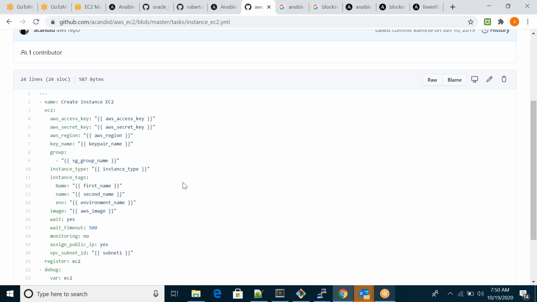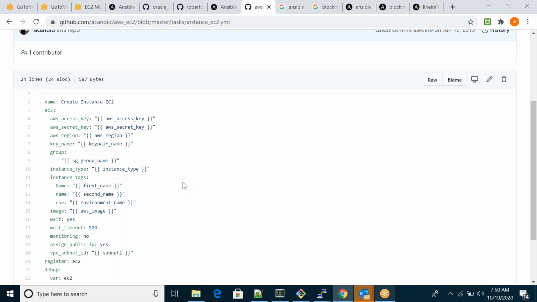Are we installing any server through Ansible from tomorrow? No, tomorrow we'll discuss Ansible Tower. Which server do you want to install? Linux or Windows or anything? Creating a Linux server, right?